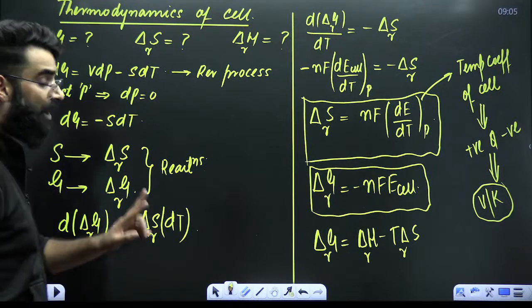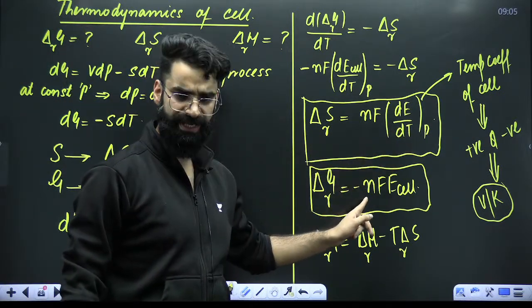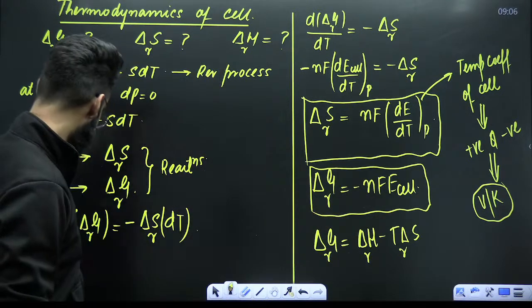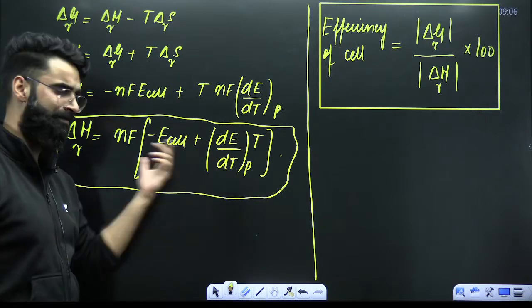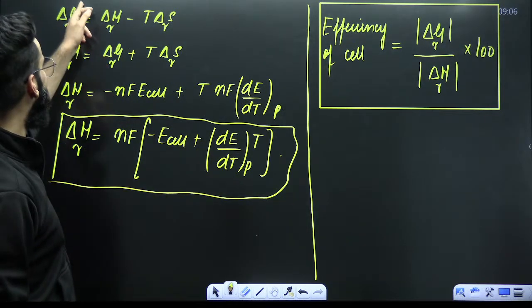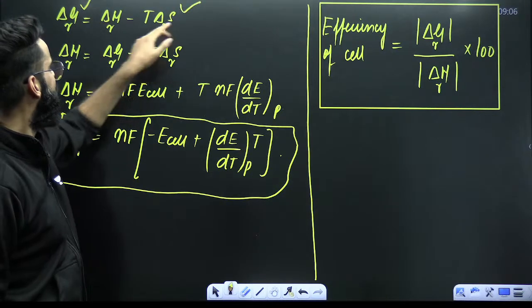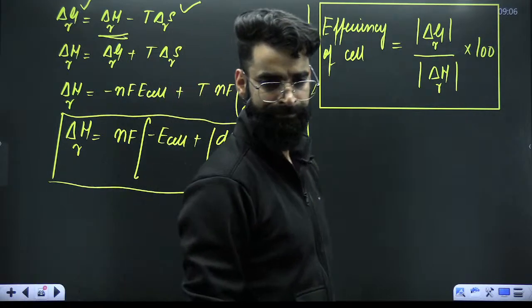And here you have to remember how many results. Delta S result you have to remember. Delta G result you have to remember. And delta H result you have to remember. If you do not want to remember the delta H, it's okay also, because once you get delta G value, once you get delta S value, you can easily calculate delta H from this particular equation. One and the same thing.